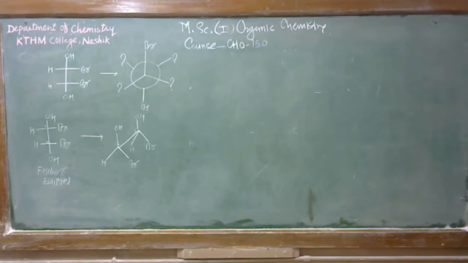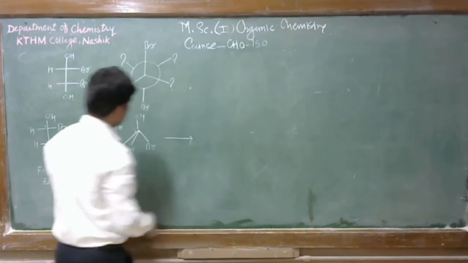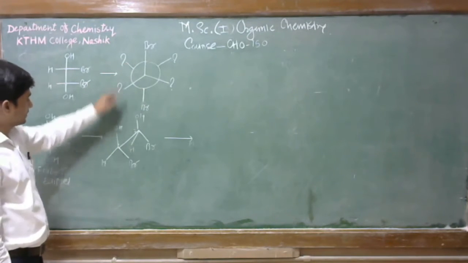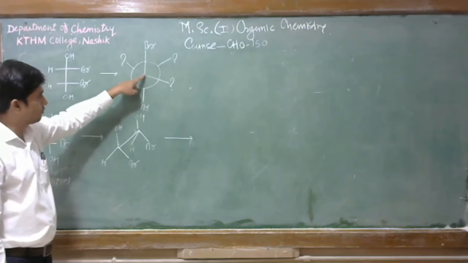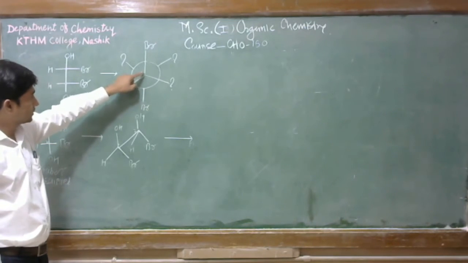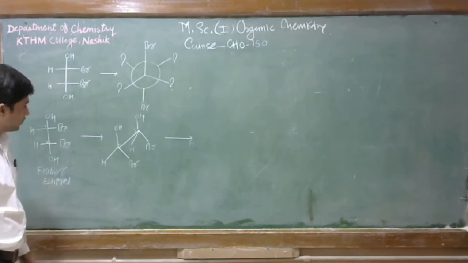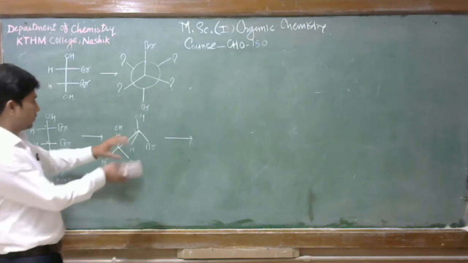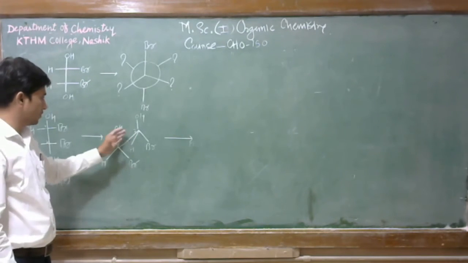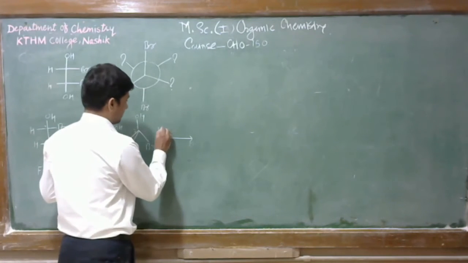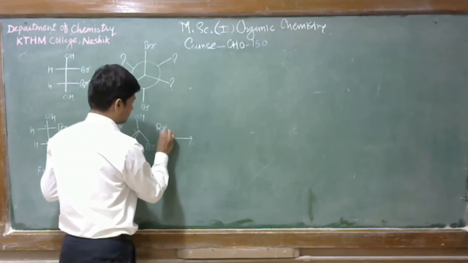And now we have to discuss here. Firstly, see here. Observe the given structure and this structure. In the given structure, the bromine on carbon number 1, that is the front carbon atom, is towards the upward direction, and here bromine is towards this direction. So therefore, we have to rotate the whole structure through 120 degrees. Therefore, we can write here: rotate whole structure.